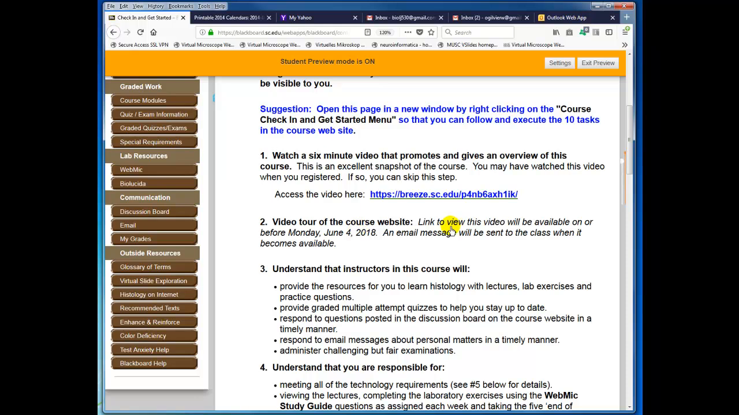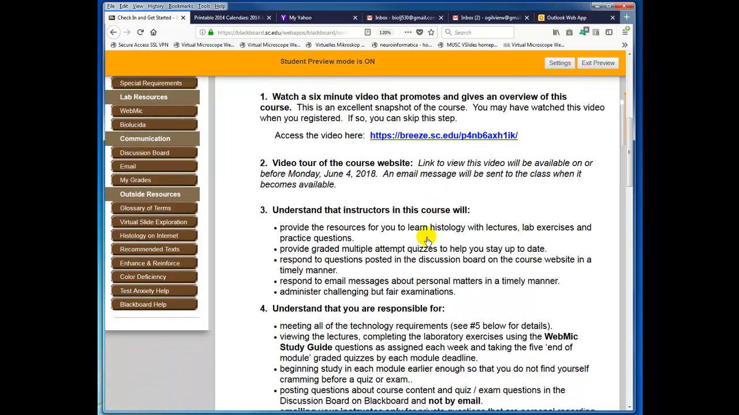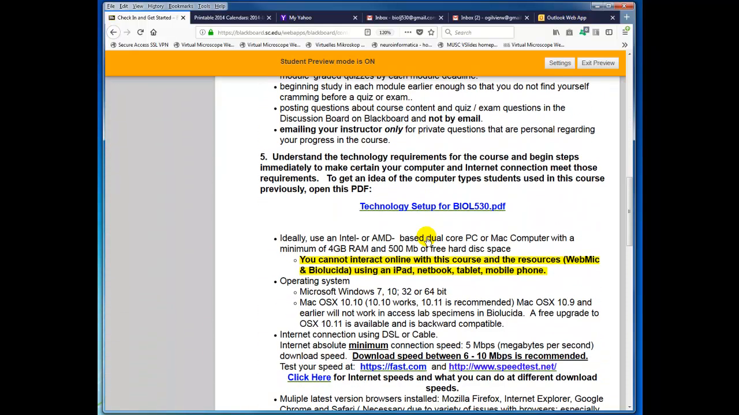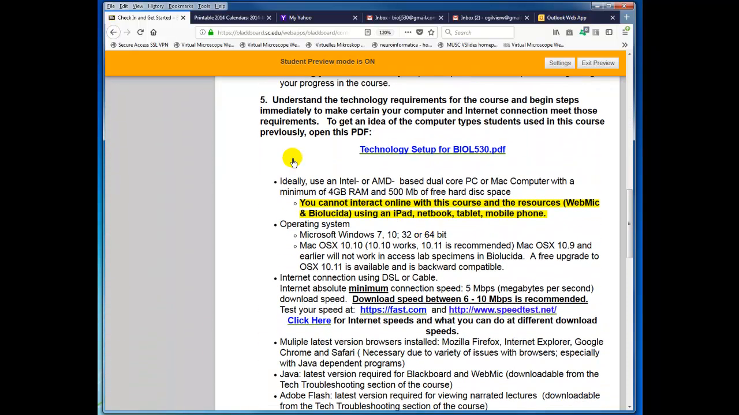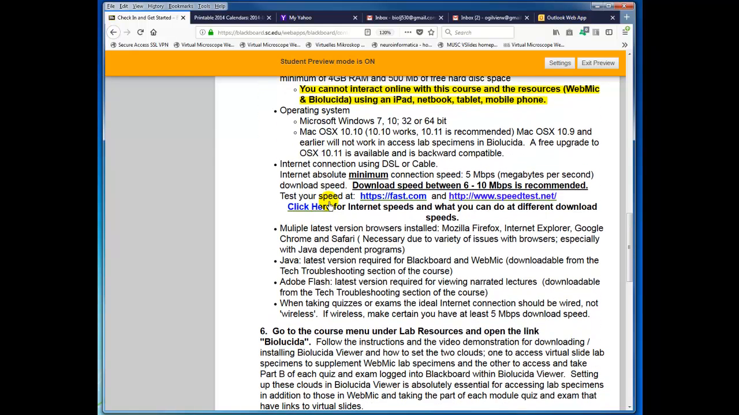It's an excellent snapshot of the course. And when I've finished recording this video here in a few minutes, I'm going to put the link to this video tour of the course website right here, and that's where that will appear. Pay attention to the items 3, 4, and 5. Also, particularly pay attention to the technology setup. It's your responsibility to have an adequate computer, and we've tried to give you the information and how to check